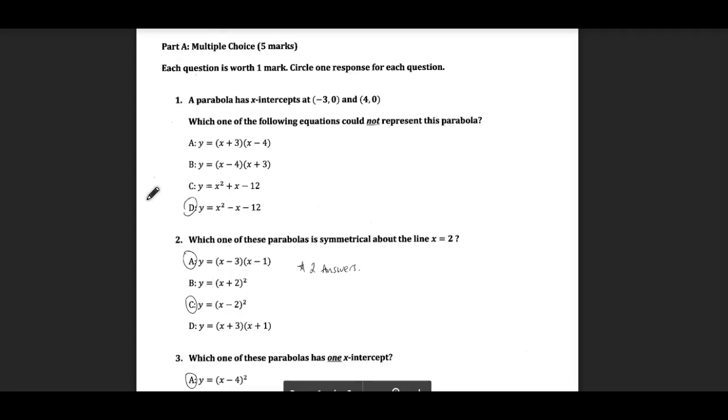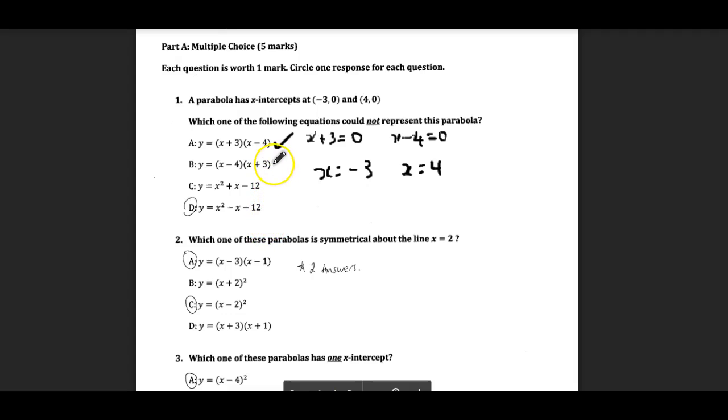So question 1, a parabola has x-intercepts at (-3, 0) and (4, 0). Which one of the following equations could not represent this parabola? All right, when you have it in factored form, remember you can easily see what your x-intercepts are. So we basically say, all right, that means x plus 3 equals 0 or x minus 4 equals 0. So your x-intercepts are at x equals -3 and x equals 4. So that one is